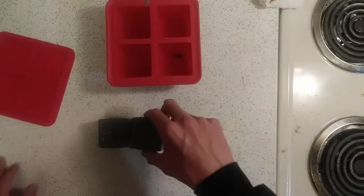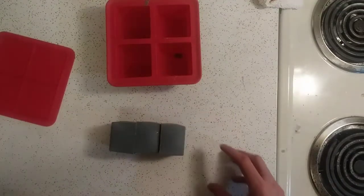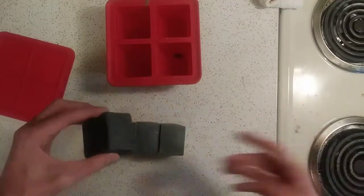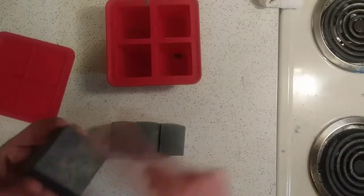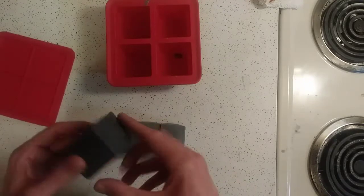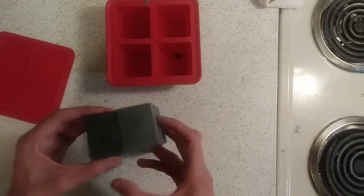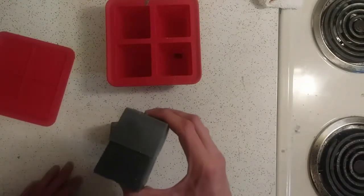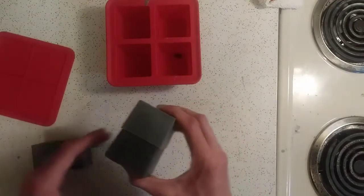Now, this is the fresh batch of wax that we have right here. And this is the last batch I made. Now, it's been rolling around in my bag that I bring with me when I skate, so it has gotten a little bit chunked up. But as you can see, this one is quite darker than the new batch we made. That's because I put a little more of the candle wax in there instead of the black Gulf wax, because I wanted